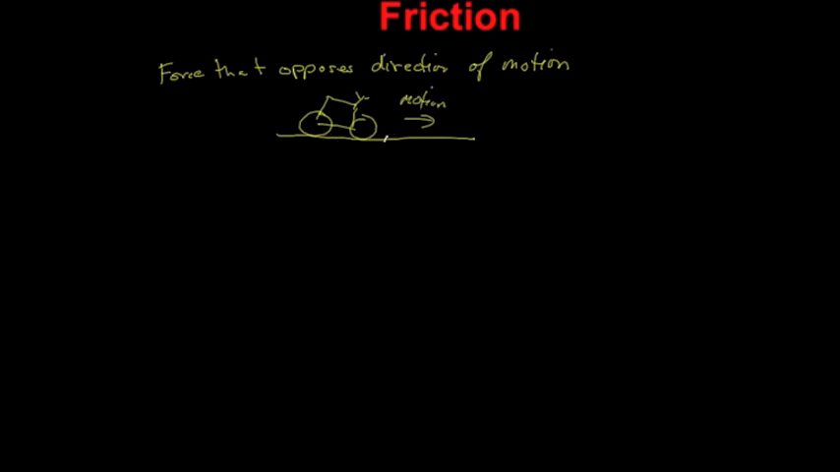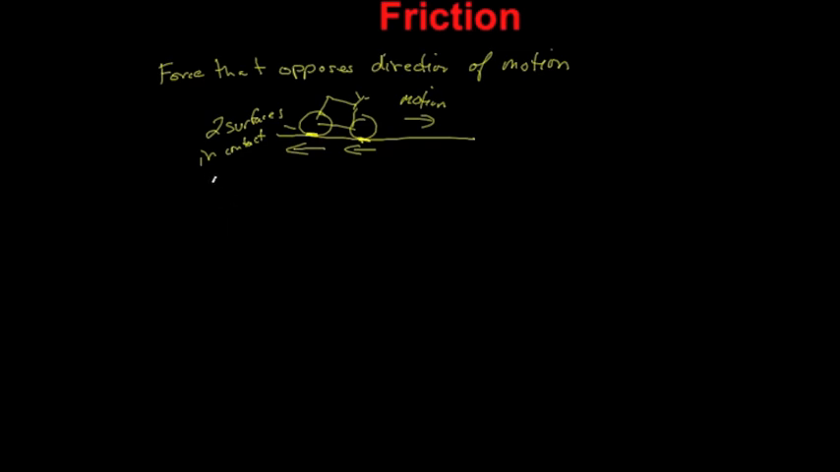okay? Friction would occur where the two surfaces meet. So there's two surfaces in contact where friction occurs, okay? And friction would be fighting or opposing the direction of motion wherever there is contact between the two objects, okay? So there has to be two surfaces in contact for friction to occur,